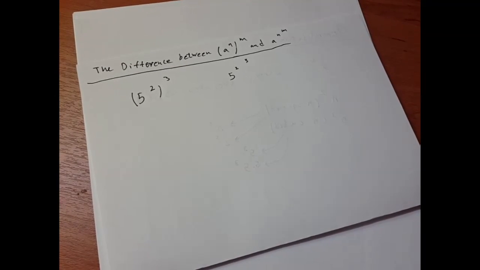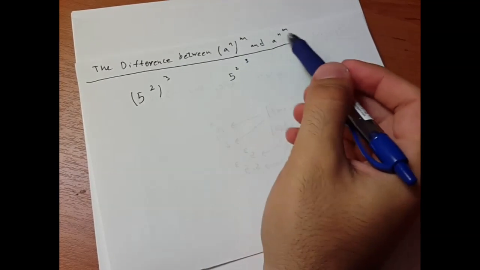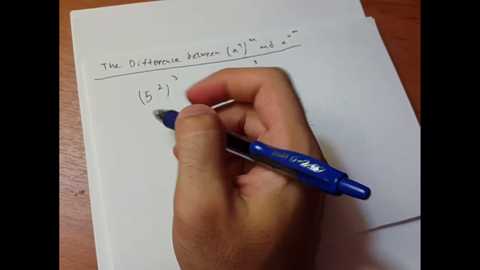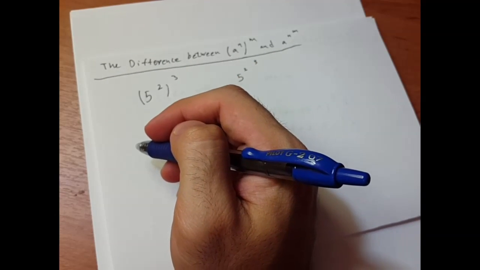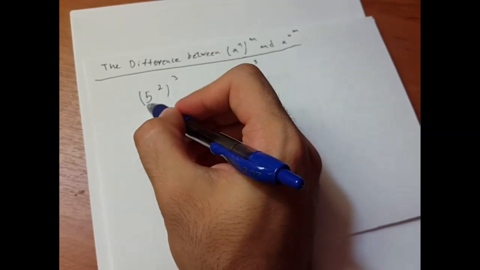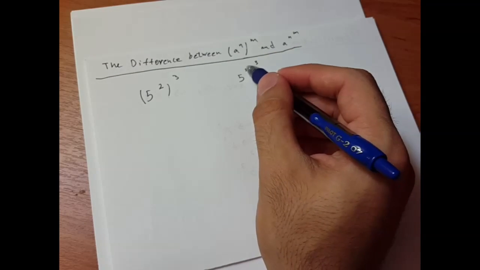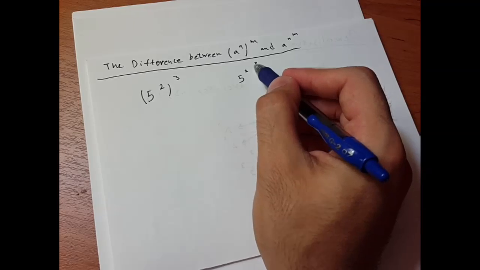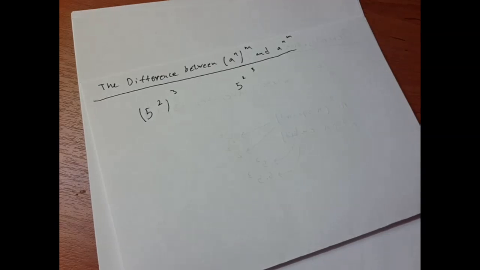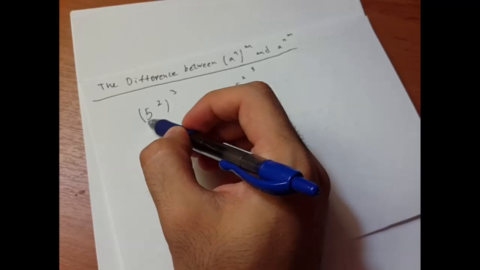So lastly, let me explain what the difference between (a to the power of n) to the power of m and a to the power of (n to the power of m) is. So imagine someone wants to test your mathematical skill, and they'll ask you a question like this: what is (5 to the power of 2) to the power of 3 and 5 to the power of (2 to the power of 3)? In the first question, what they're actually trying to say with these parentheses is